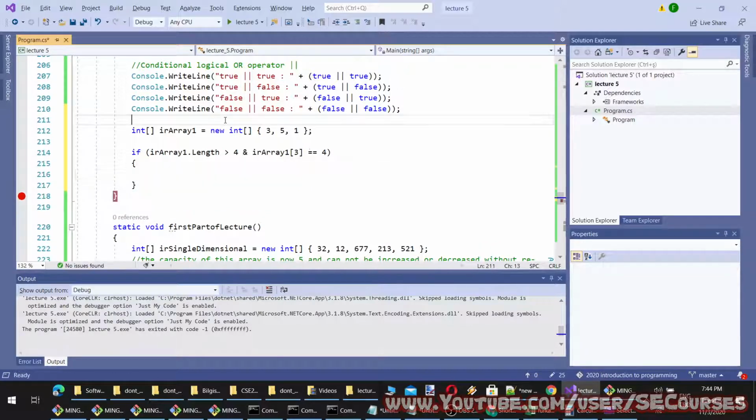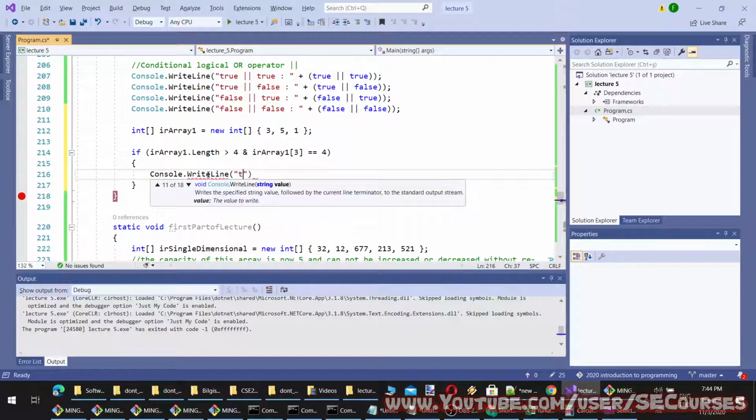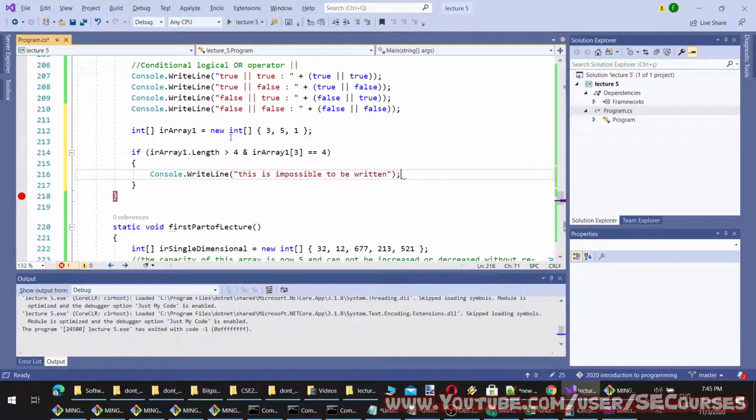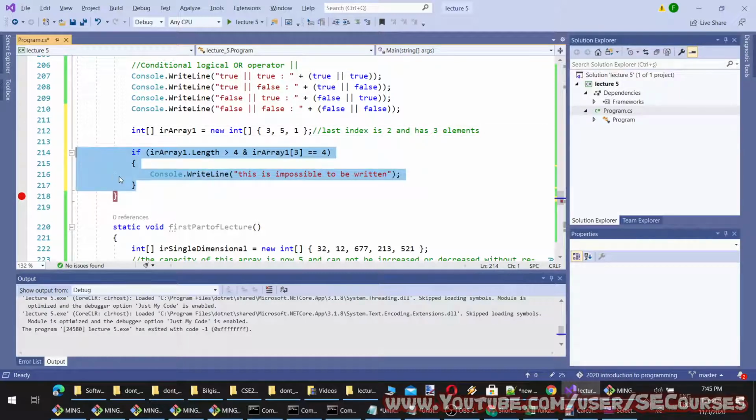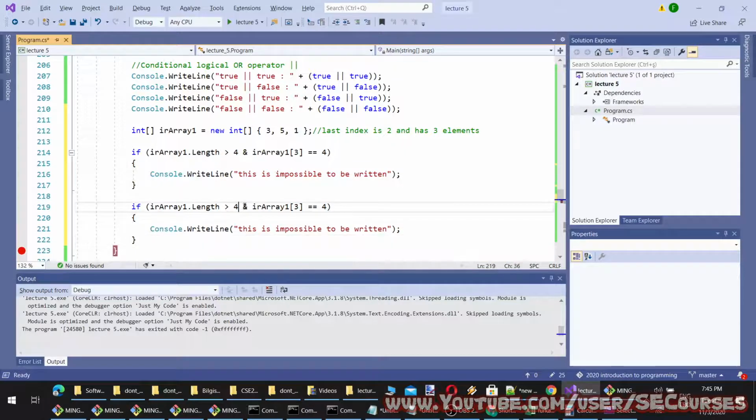I will say that this is impossible, because its length is 3 and it doesn't have an index of 3, because its last index is 2. And then I'm going to use this method and let's see what difference there will be.